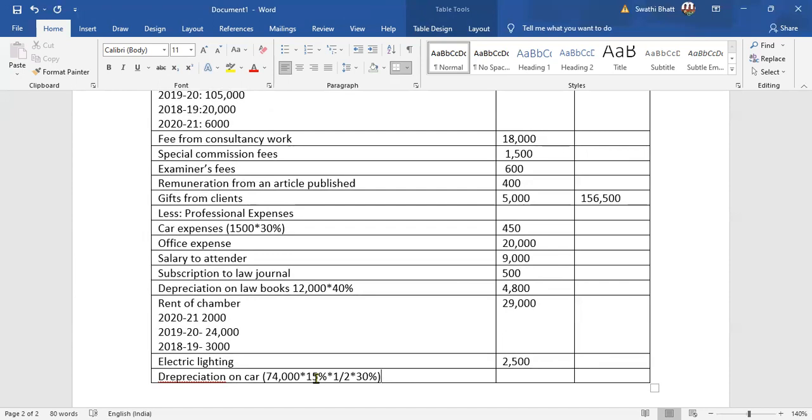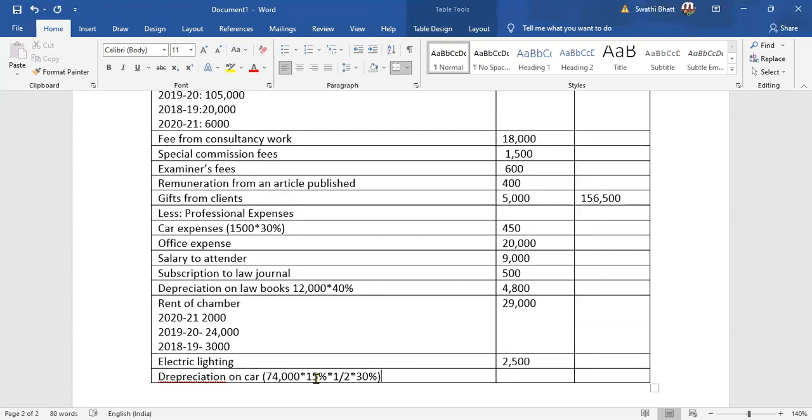Since you're using only 30% of the car for profession, the depreciation should also be only 30%. To what extent you're using it for professional purpose, your expense should also be up to that extent. You can't claim 100% of the amount as depreciation while you're using only 30% for your